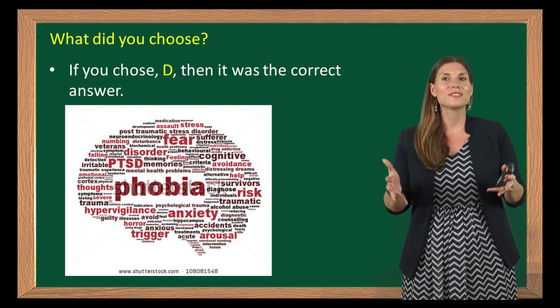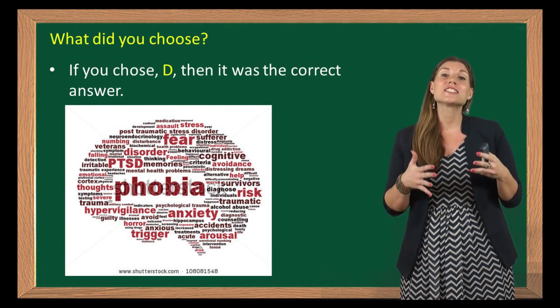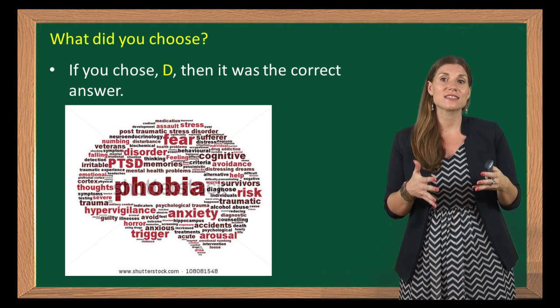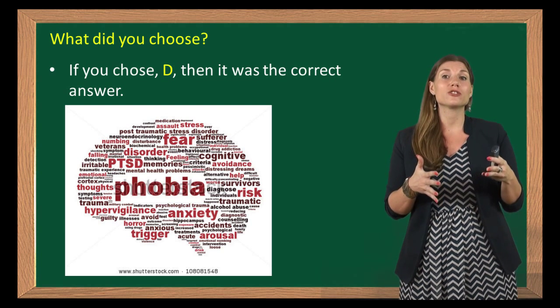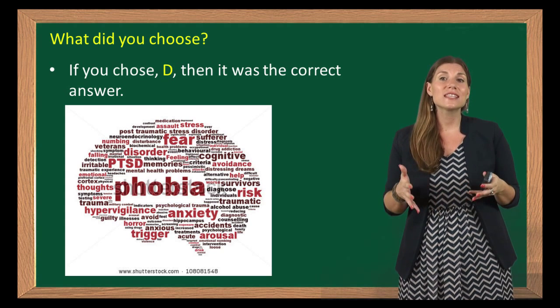What did you choose? D is the correct answer because D is explicitly stated in the text. It says having too much stress in one's life. A is incorrect because seeing plane crashes on